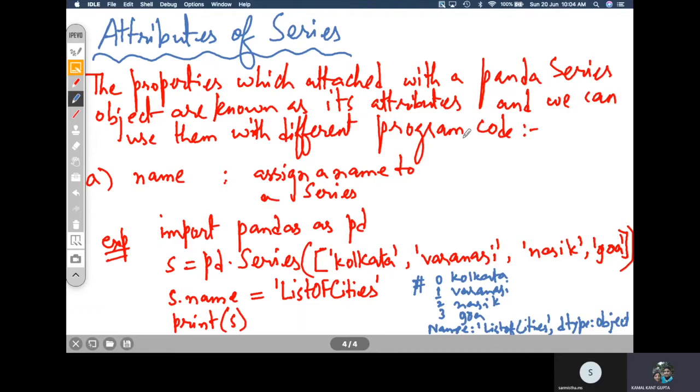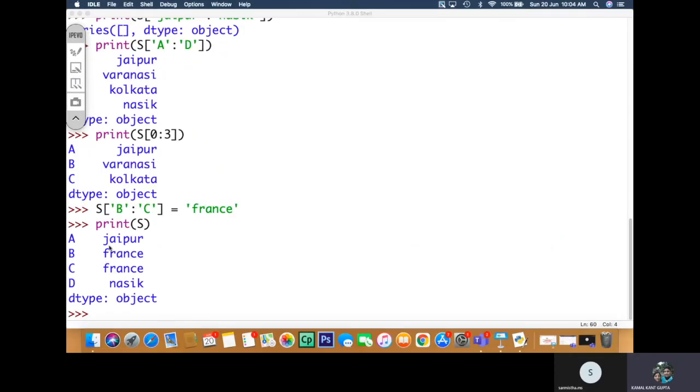So let us check whether the same output is given or not. So here I can write S.name = list of